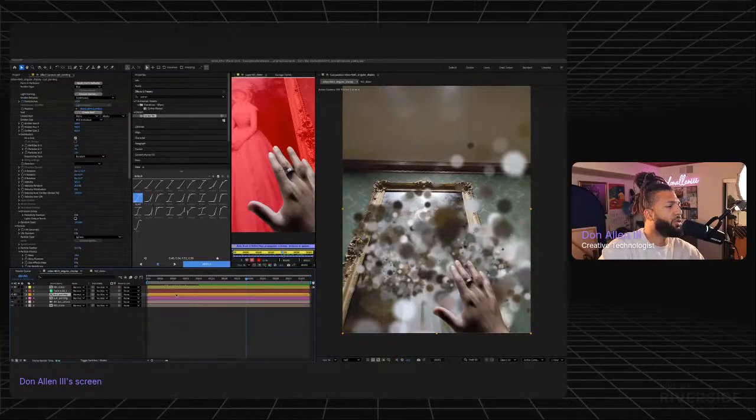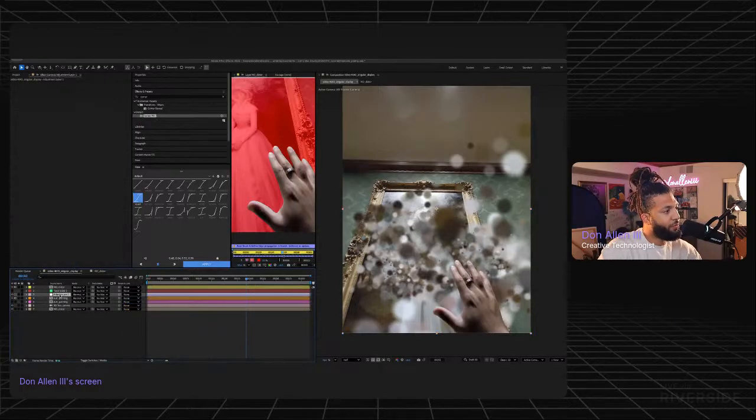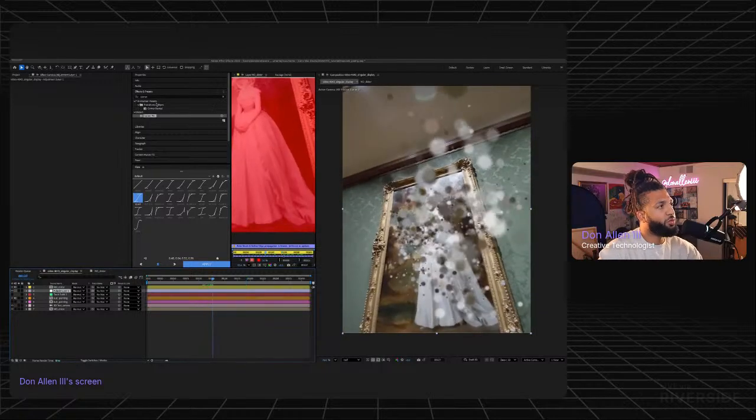Actually, you know what? I probably can just use it as is. I'm going to make a new adjustment layer on everything except for the hand. I want this to be below the hand layer. Think I got that fixed. Okay. And then on this adjustment layer, we're going to do an effect called